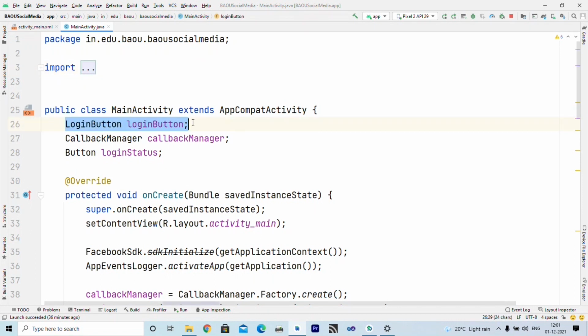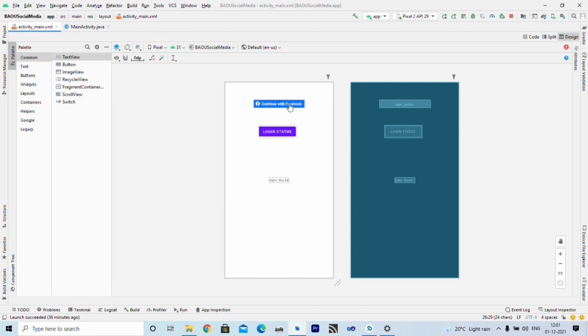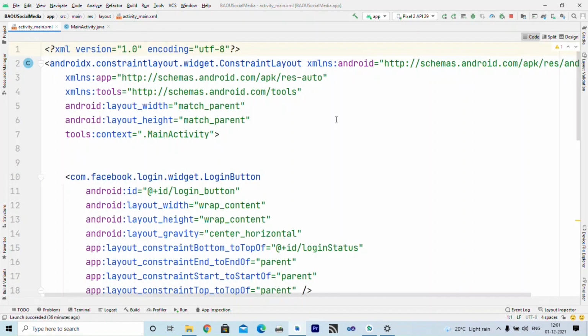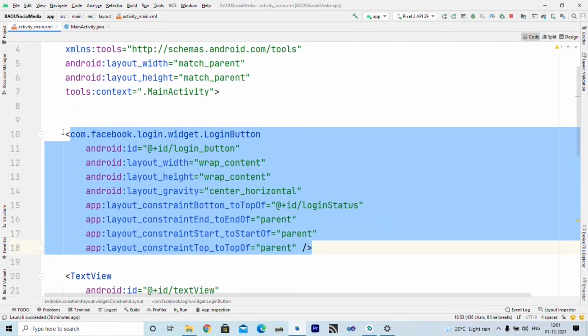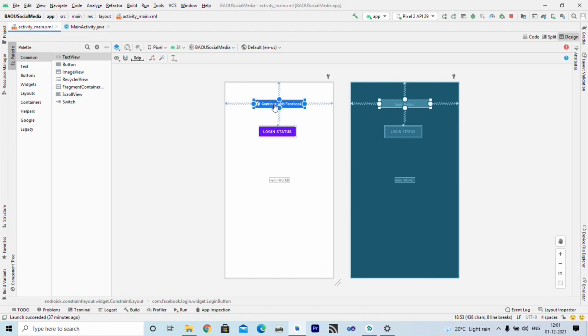Now this is my main activity file. So here you have to define this login button. Now this login button is available here, you can see here. The code for the same is available in that step. So here you can see this is my login button code. So if I put this code inside my activity file, I am able to use this button.